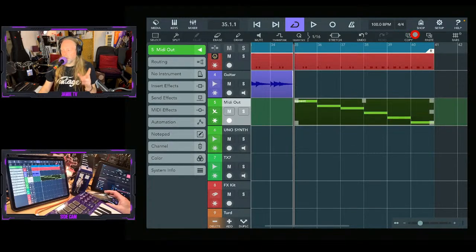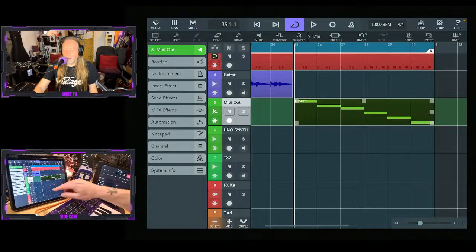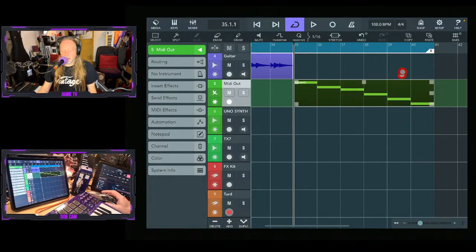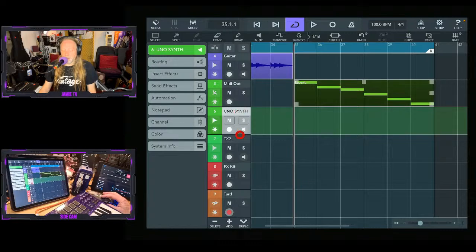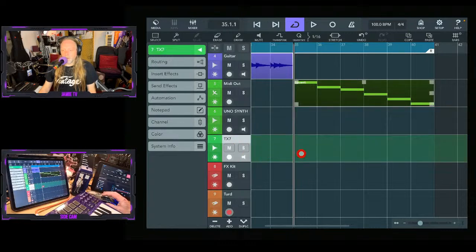Okay. Great. So, the next thing is, we're going to take a look at an alternate sampler. In order to do that, before we take a look at Koala, I'm going to make a cool synth sound. So here you will see I have got my Uno synth and my TX7 coming into my iRig Pro Duo. So if I arm both of those and play a key,